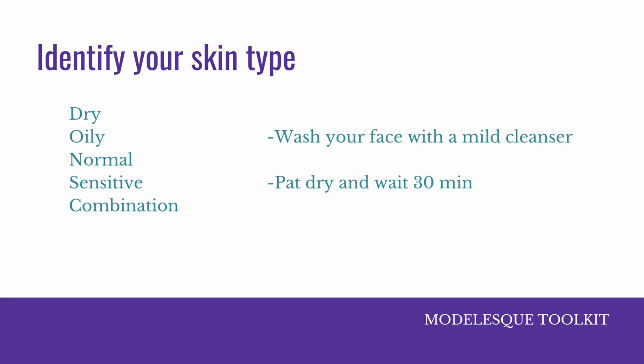Is it dry, oily, normal, sensitive, or combination? You can figure this out by washing your face with a mild cleanser, pat dry, and wait 30 minutes. If it starts to feel really dry and you've got some peeling patches, you've got dry skin. If it looks really oily and shiny, you've got oily skin. If it looks completely normal and almost like you even put moisturizer on, but not too oily, that's probably normal